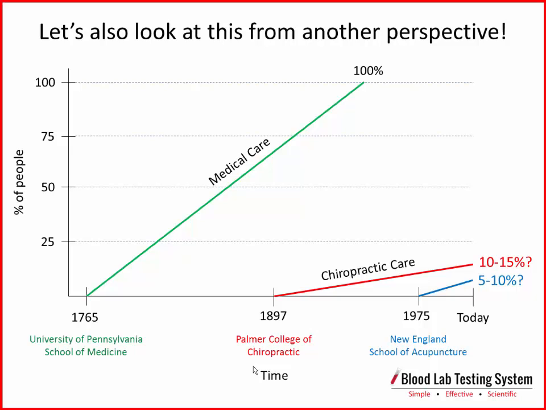So the logic for a holistic provider offering a functional blood lab testing service is that it is going to, in time, attract more people to seek you out for that specialty service. And if they come in through your door because they're looking for this more detailed, functional blood lab testing, it's more likely that they will then cross over and maybe participate in your chiropractic care, your acupuncture care, or whatever other holistic modalities you're offering. So in the big picture, the value in offering a functional blood lab testing service is that it is going to help increase the percentage of people seeking out the services of holistic providers,